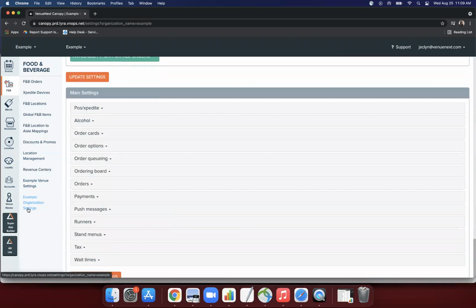The same thing applies for your settings. You are going to see these same settings across Canopy 4 different times. The first time being an organization. The second time, if I click into my venue settings,